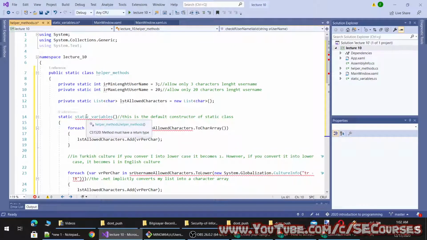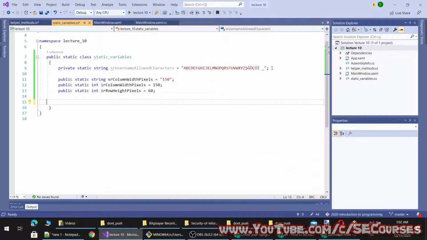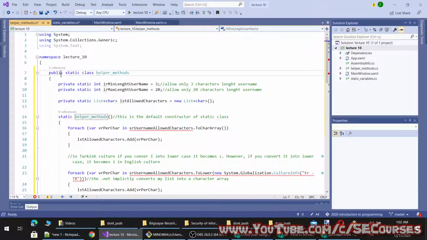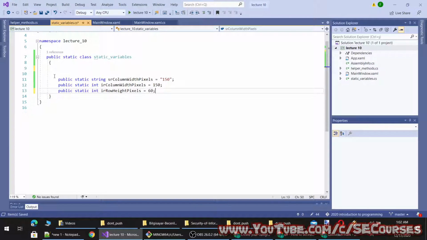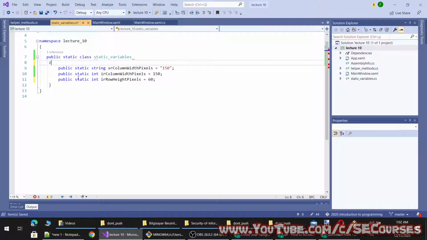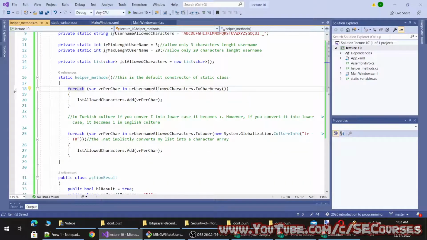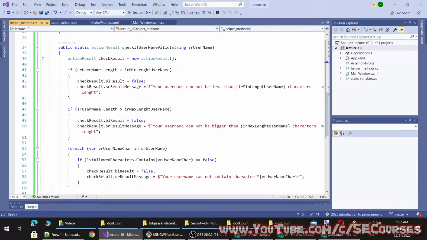This time this will change because you see method must have a return type, because it is not understood by the compiler as the constructor, and when I change it, it becomes like this. And I'm going to get this inside this class as well. Okay, so the static variables are here, and okay, this is here. So I'm going to put a breakpoint here and a breakpoint here.